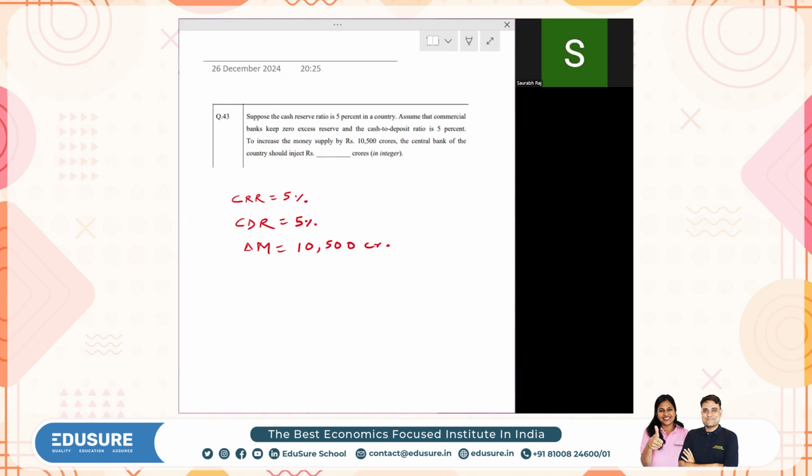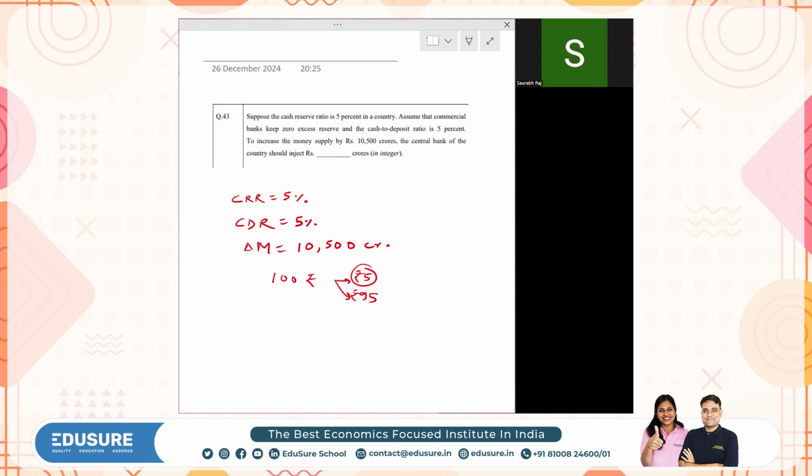Okay, so let's say the central bank injects a particular sum of money, and given the provision that the currency deposit ratio should be 5%, that is, if the central bank injects 100 rupees, or you can say if the central bank has been given this 100 rupees as deposit, then 5 rupees will be held as cash, and the remaining 95 rupees will be used by the commercial bank for investment purposes. Okay,